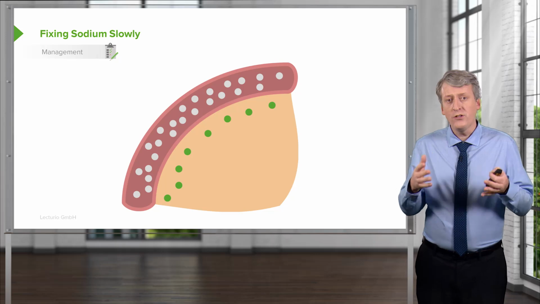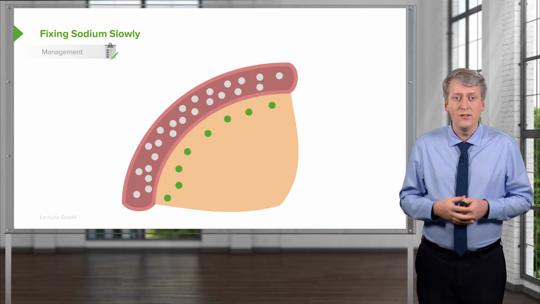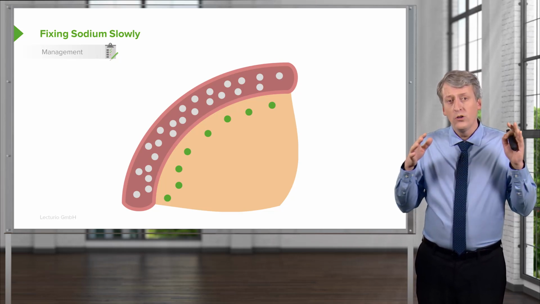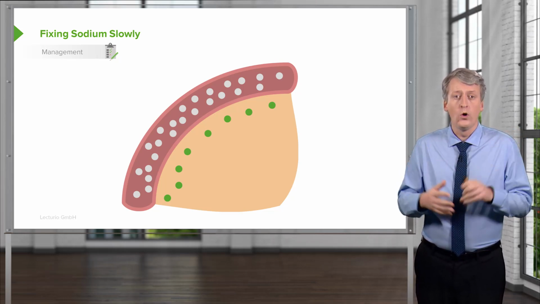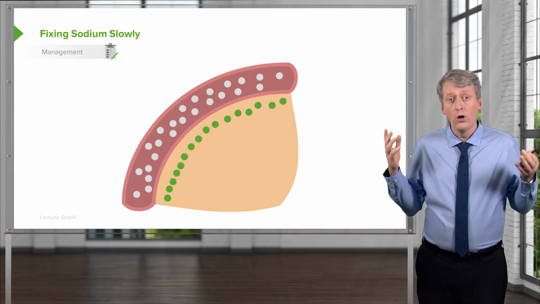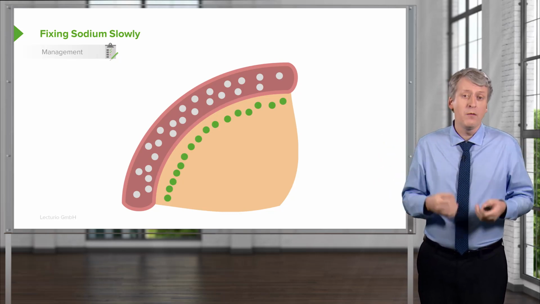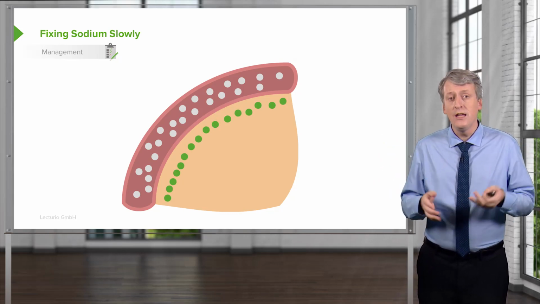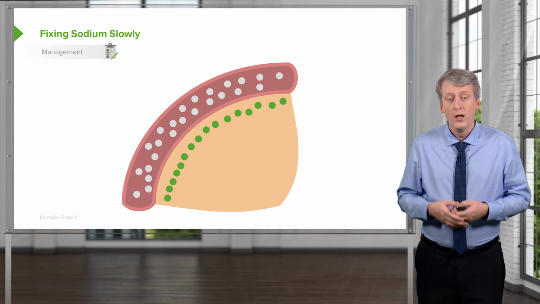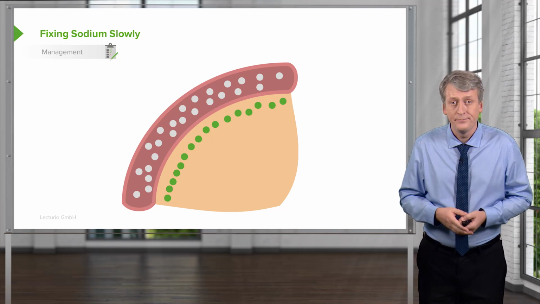Now, if a patient were to get hypernatremic, let's say they had diabetes insipidus, and they were gradually becoming more and more hypernatremic, the brain could adjust by creating more osmoles. These osmoles would balance things out and would allow that patient to continue to function even in the presence of a high sodium. We would see this, for example, in a profoundly dehydrated state.